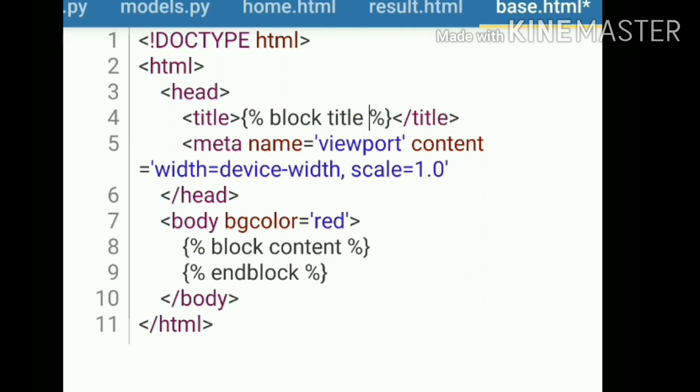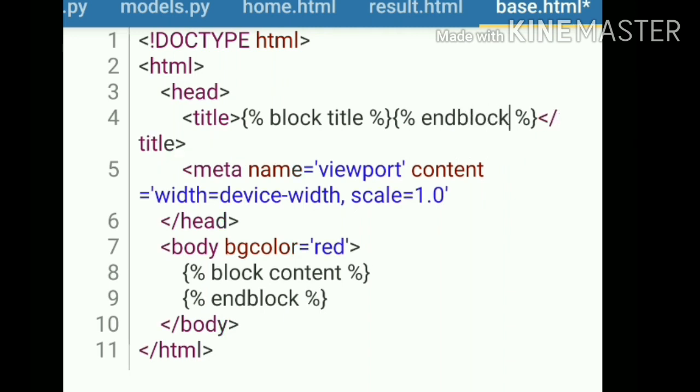You can use any number of blocks according to your choice, but you cannot use two same blocks inside one page, so take care of this. So I'm going to end this, and now